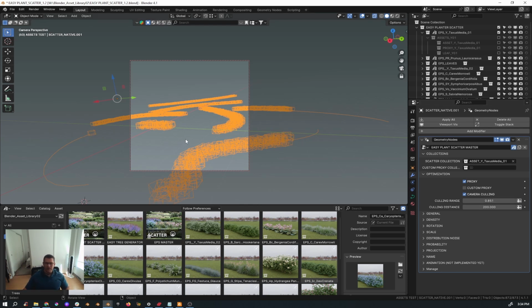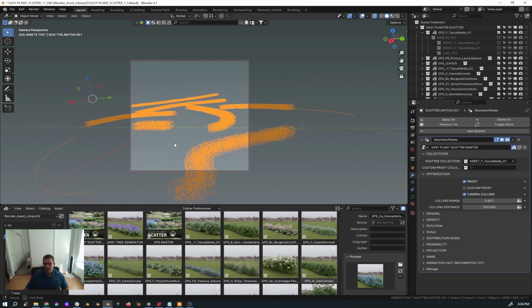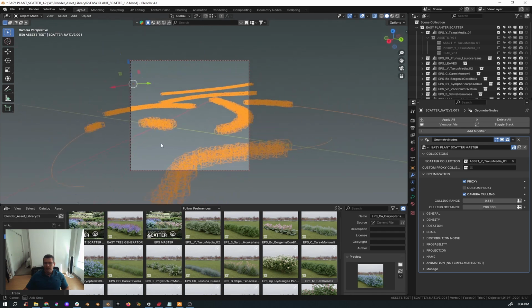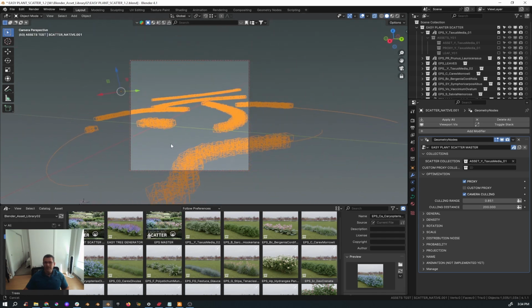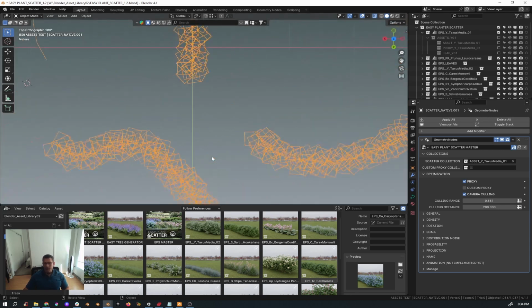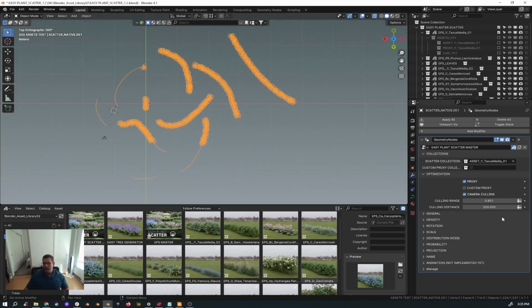So it prevents that eventually in an animation or something, your vegetation will disappear at the borders of your camera. So if we move the camera here, we will see everything will be updating accordingly. That's amazing for optimization, but also you have another option. Let me show you. This other option, and you can combine both,